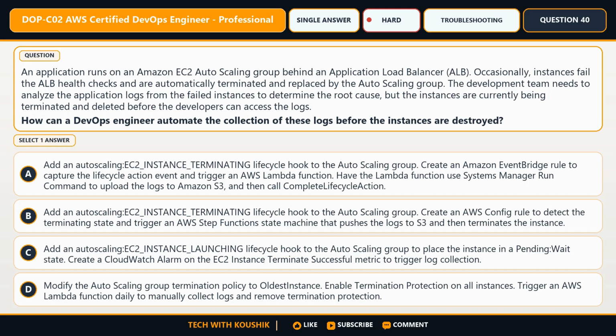Option B. Add an auto-scaling EC2_instance_terminating lifecycle hook to the auto-scaling group. Create an AWS Config rule to detect the terminating state and trigger an AWS Step Functions state machine that pushes the logs to S3 and then terminates the instance. Option C. Add an auto-scaling